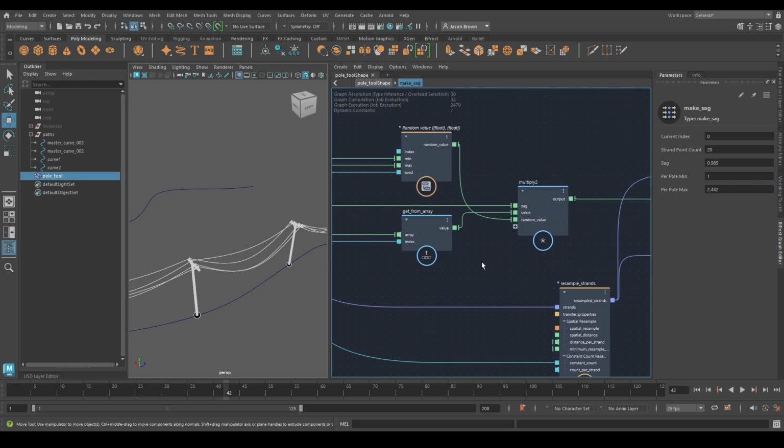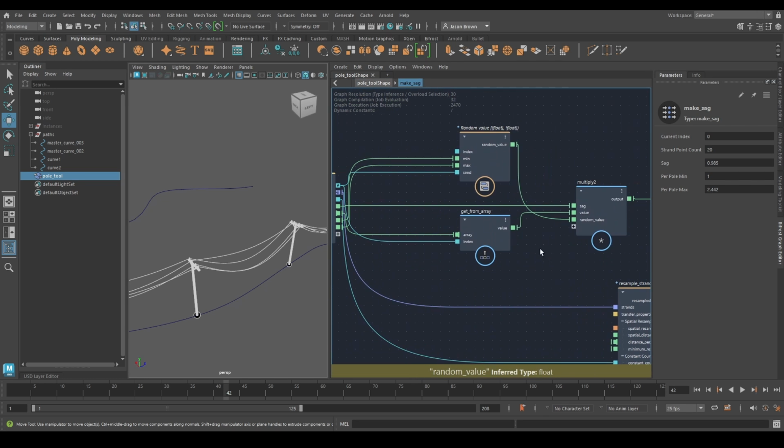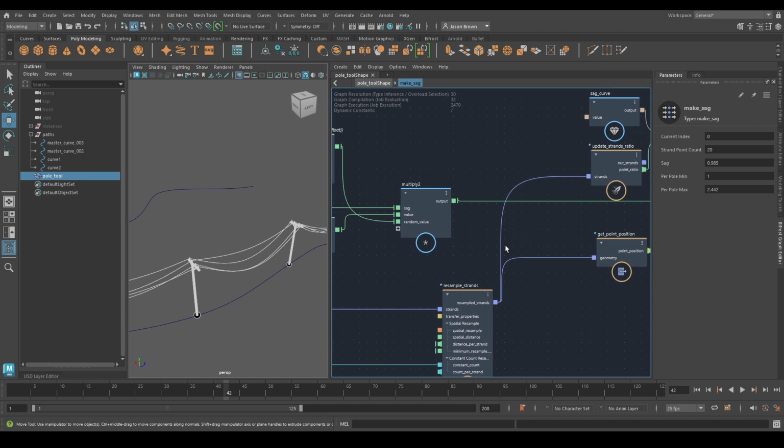And that comes in here. We're just multiplying the two together and the sag value itself. And the sag value is this guy. And it's literally how much do the wires sag. Once we've got all of those numbers worked out,